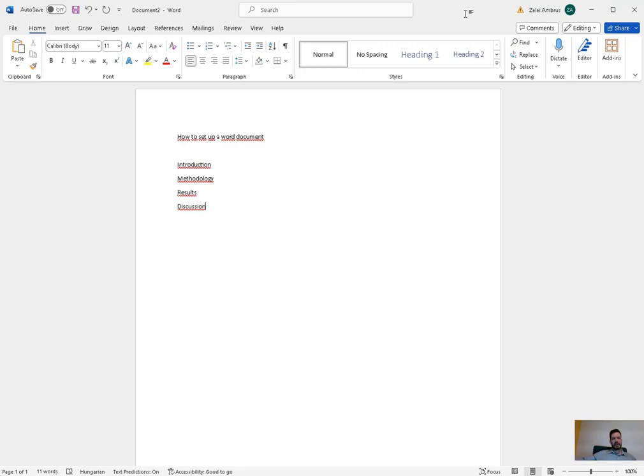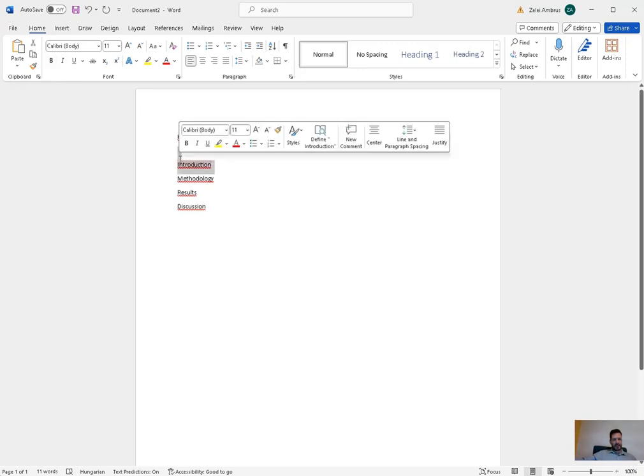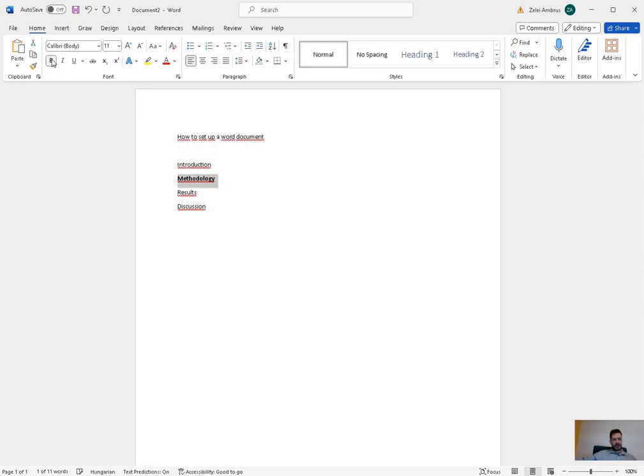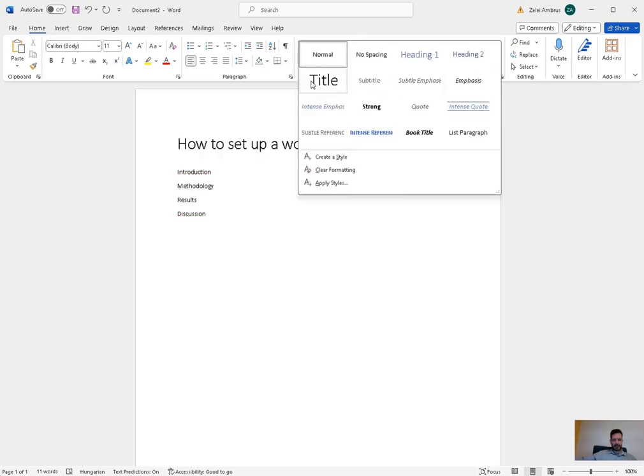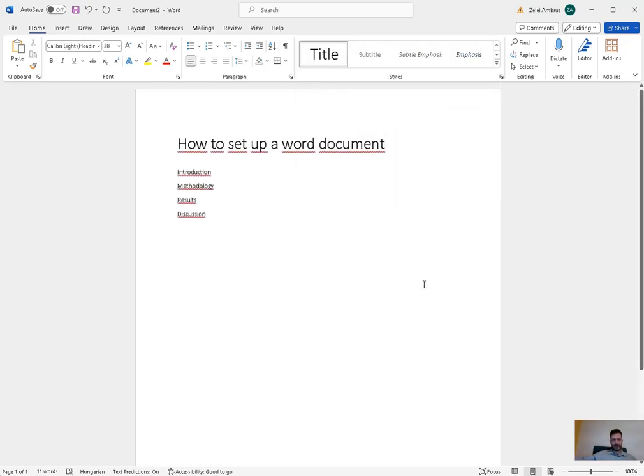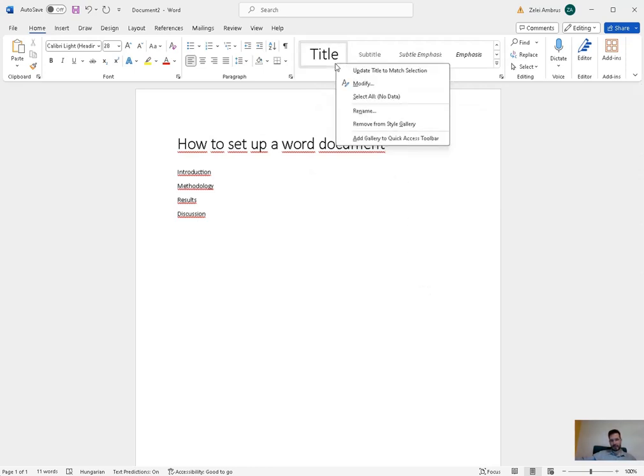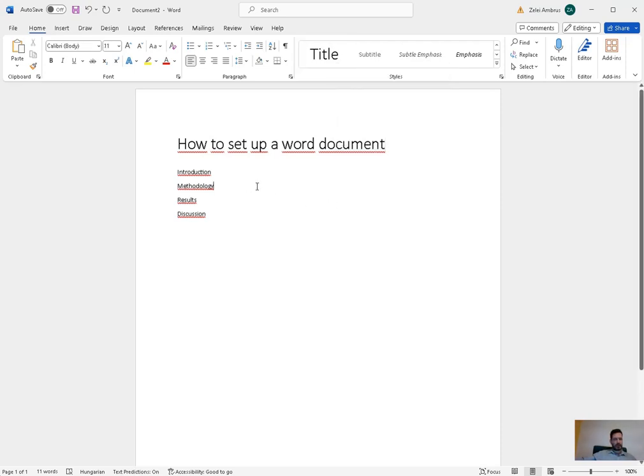The one core idea is that we usually never touch these buttons here, but we always try to set up styles instead. So these buttons are just changing the style in the selected area, of course, or selected text, but we would like to make general settings. So for example, for the title there is a built-in style for the title, but we can change it. For example, probably we want to make it centered, so we can modify it, but first we can also check